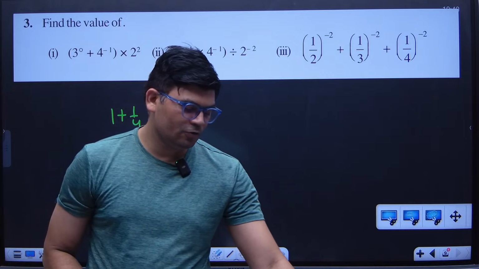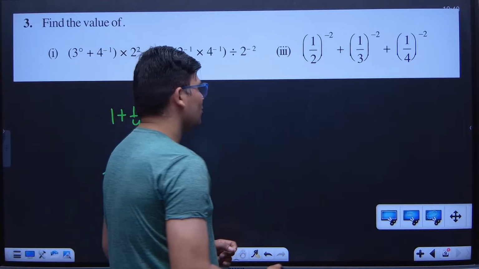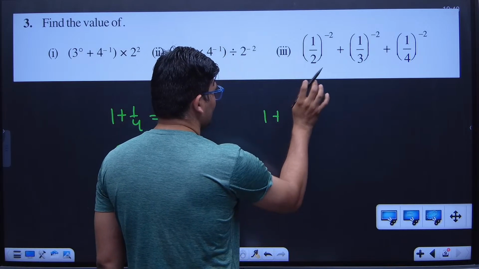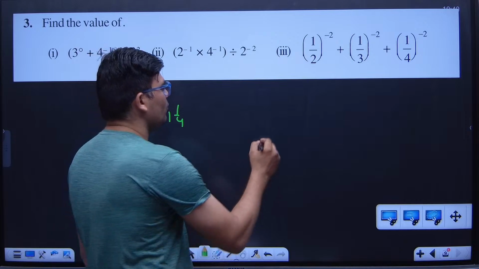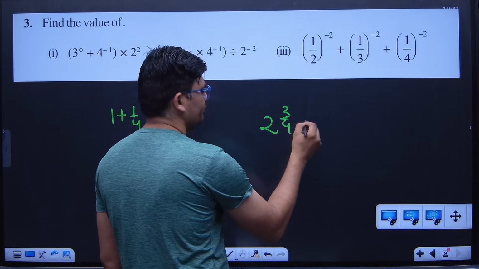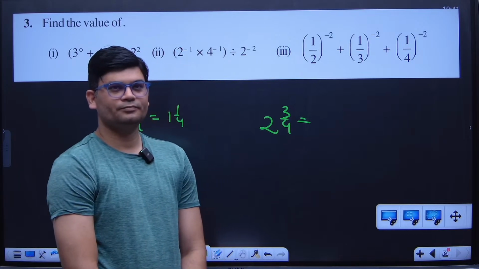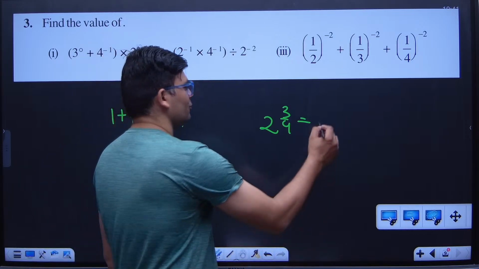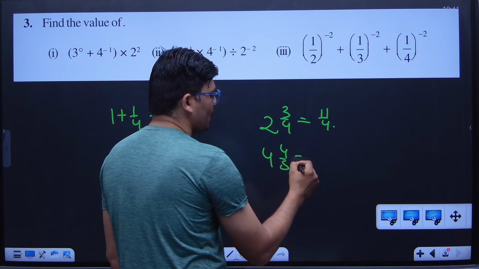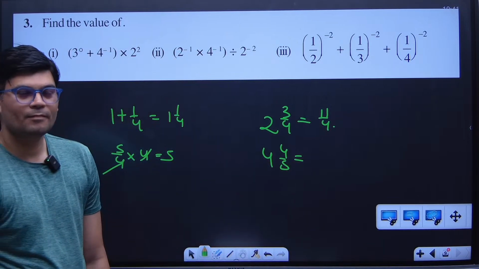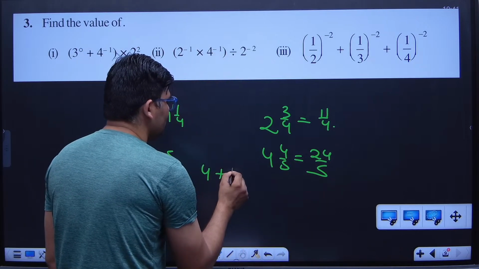I don't think that you know this, but now I am going to tell you a very good thing. You know mixed fractions? Okay, then tell me what is 2, 3 by 4 equal to? Convert this into an improper fraction. 11 by 4. See how fast you added. Can you tell me what is 4, 4 by 5? 24 by 5. But if I ask you what is 4 plus 4 by 5?